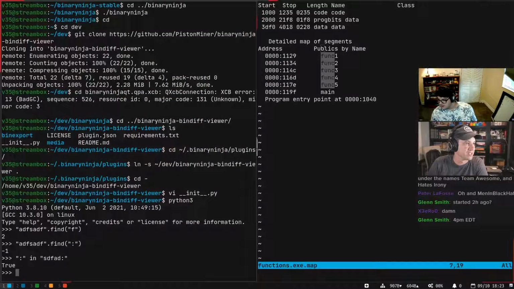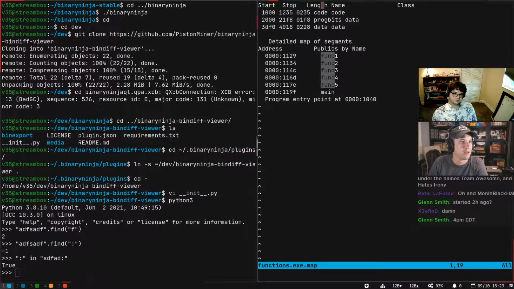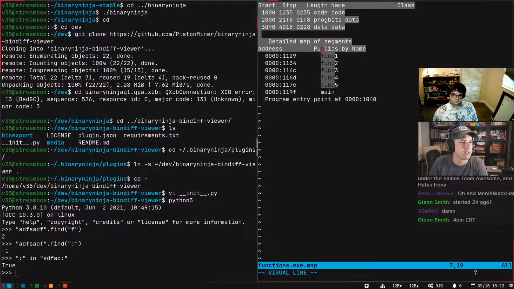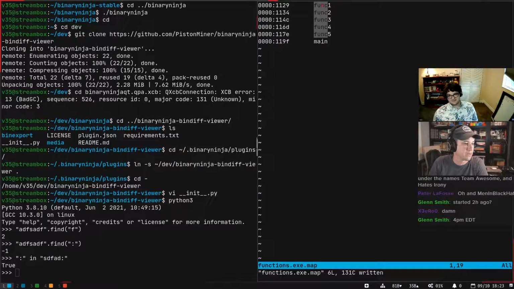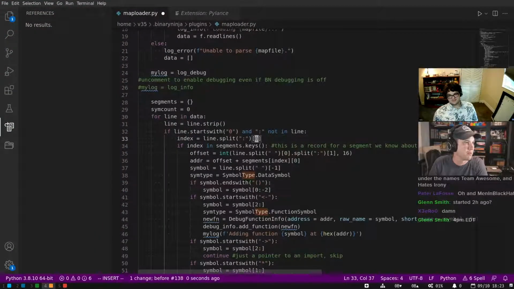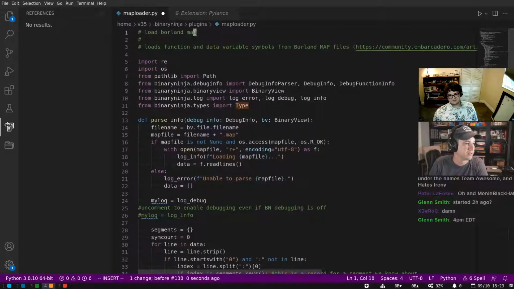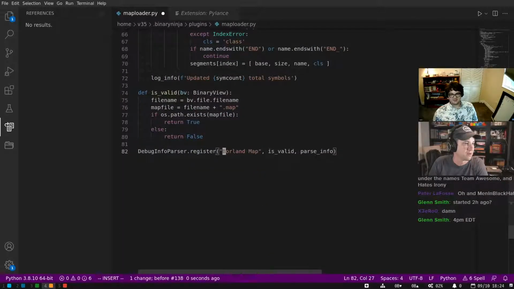So let's do this. We just want to see the debug info is working. So I'm just gonna get rid of all of this, and I'm gonna only have the mapping contain this. Fair enough. All right. And this will not be a real Borland map anymore. It was before. I'll dig it up. It was actually in response to a tweet that somebody asked about, and I was like, here you go. So I think I could probably find it again. But this is the not Borland map version.